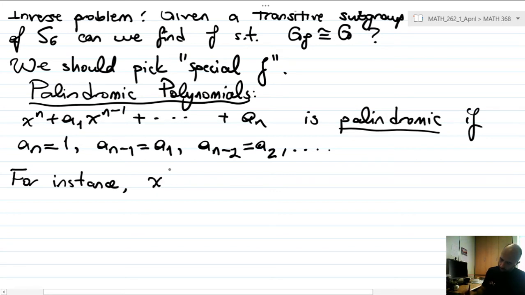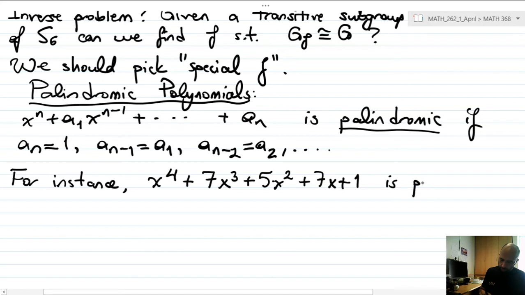this particular polynomial x to the 4 plus 7x cubed plus 5x squared plus 7x plus 1 is palindromic. The first coefficient is equal to the last one, the next is equal to here, and 5 has no condition on it, so that's fine. So in general, a palindromic sextic would look like